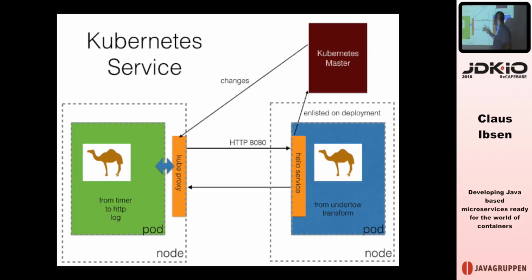And then when the client wants to call the service with this IP and port number, it thinks it calls some physical box somewhere. It doesn't. This kube proxy steals it, and then it knows, okay, you want to call this service. I know this port and this port has the service, so I choose this one, and then it calls that for you. So this guy is doing the interception. This is the guy that steals it for you.